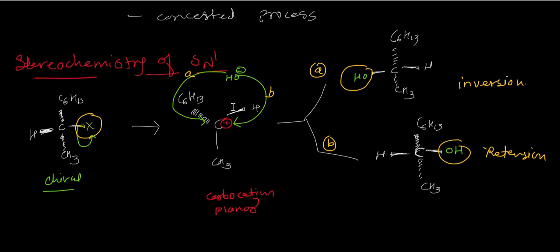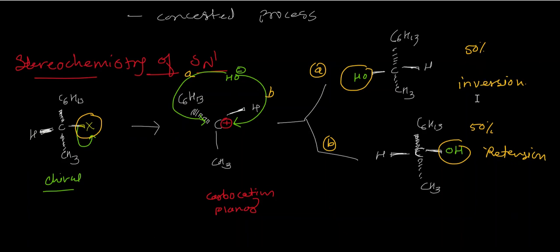Here you can see, as we consider that this nucleophile has an equal possibility to attack either this side or this side. Due to this, there is an equal probability to form these two isomers, right? But depending upon the solvent we are going to use and the nature of the substrate, there is a chance to form an unequal amount of these enantiomers. Here we can consider this as 50% and this as 50% according to our assumptions. But as the structure changes, as the substrate or the solvent changes, this proportion may vary.